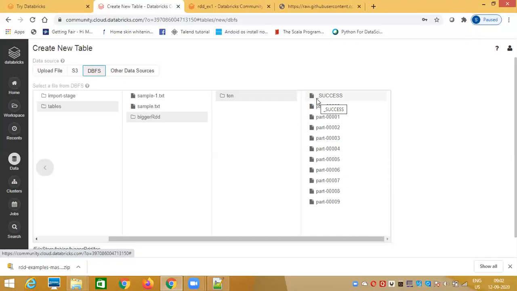So whatever the number of partitions there, we have mentioned 10 partitions, so it's creating 10 files. Databricks doesn't give the option to download this, but later when we will be using an S3 bucket, there you will see all these outputs in the console and you can download the output also. Here you can only programmatically read them. In the next example, you will see how to read it.